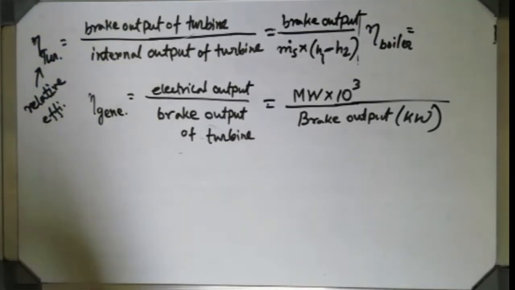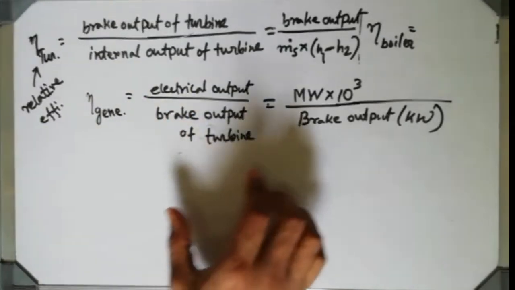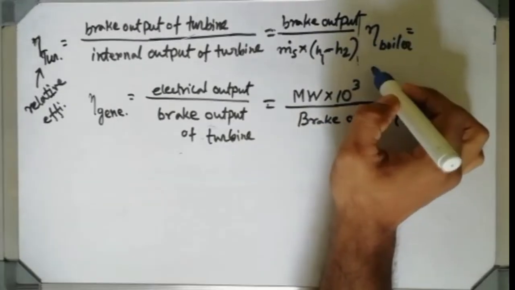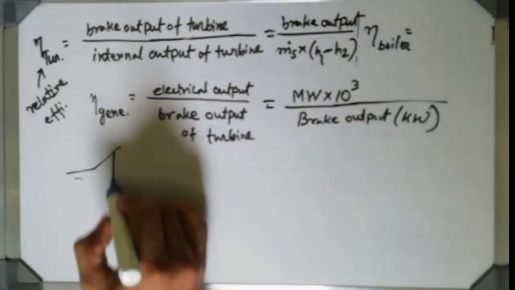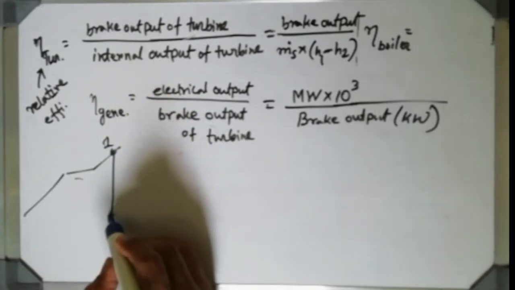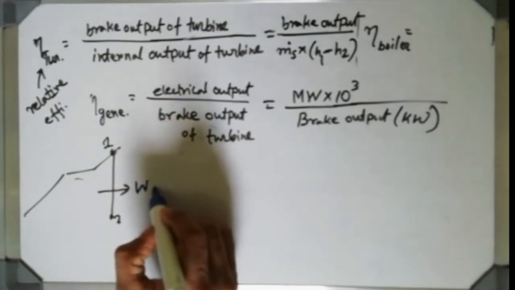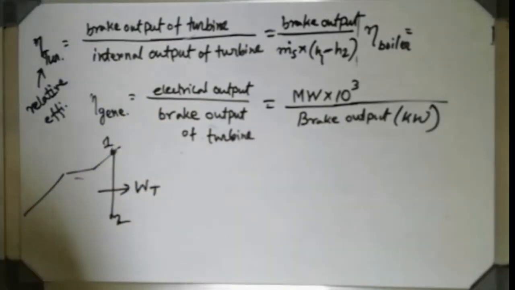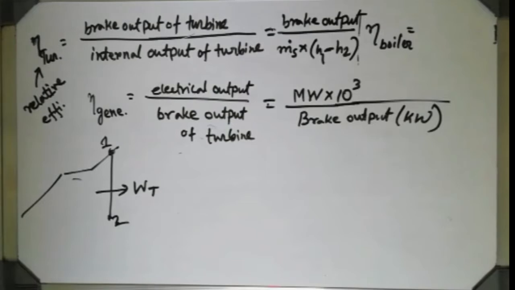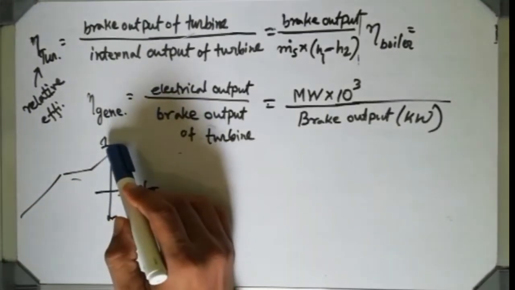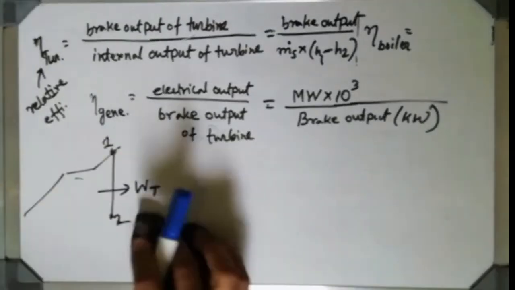Look at the Rankine cycle diagram. In the diagram, just see points 1 and 2. Here it was 1 and here it was 2, and here the turbine was. That's why I have written h1 minus h2. That is the turbine work. See that Rankine cycle diagram. That point was 1, that point was 2. Expansion. Exactly.